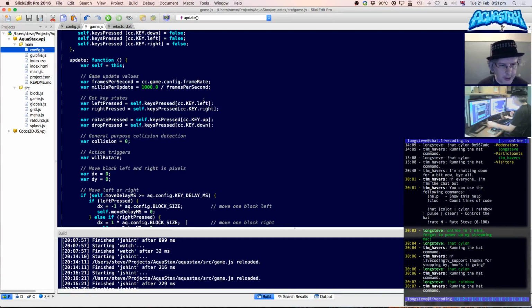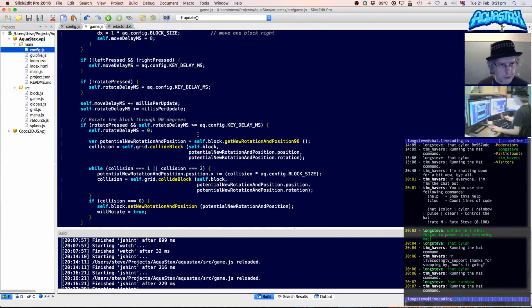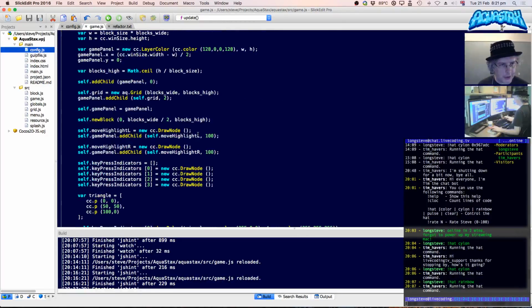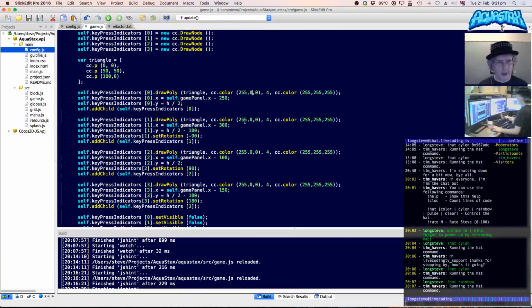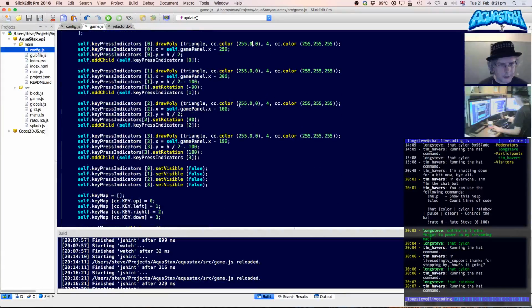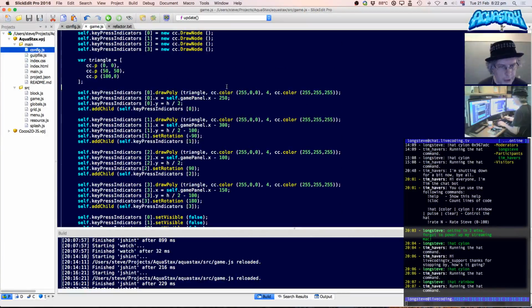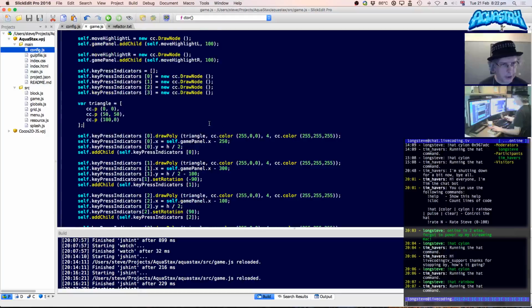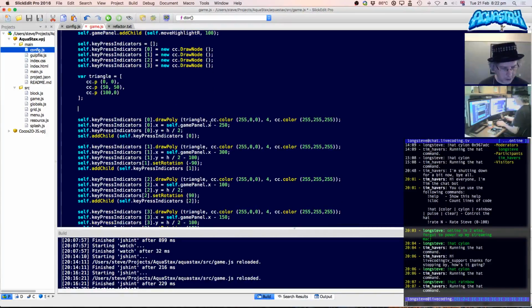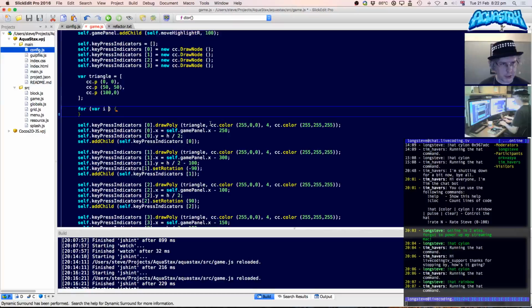So we will look at this code where I set up these indicators. Here we are. So we've got a bunch of key press indicators here. Well, let's see if we can't refactor this. For a start, we want to loop 4 times, and then it looks like almost nothing changes except the positioning and the rotation. So what we can do is we've got the triangle there, that's constant, and we just rotate it through 90 degrees to display it at different angles. So let's just do a for var i equals